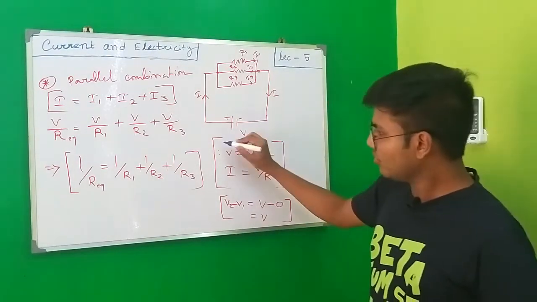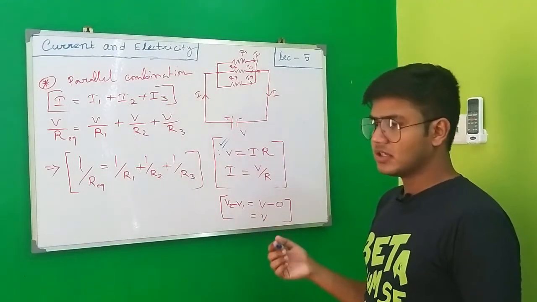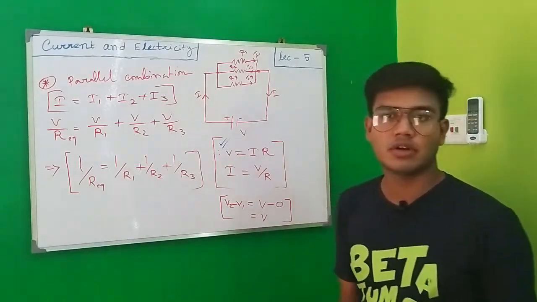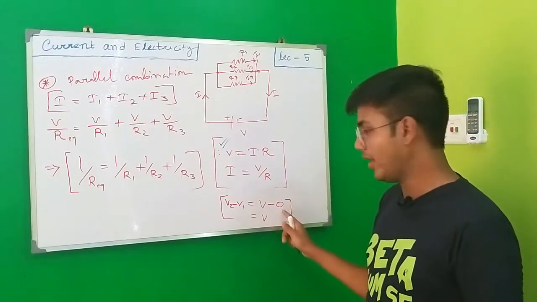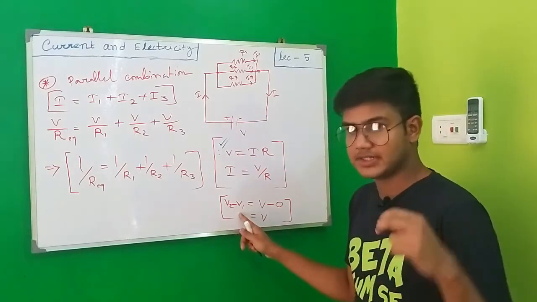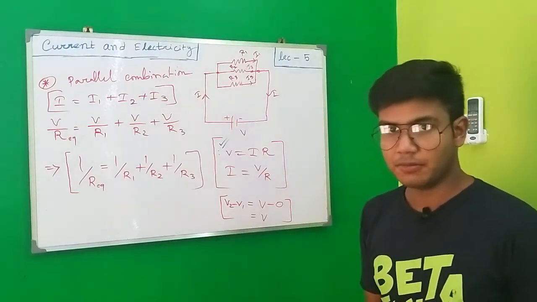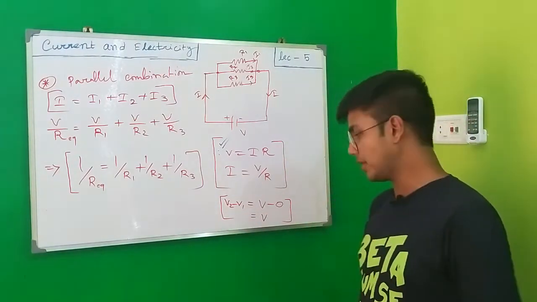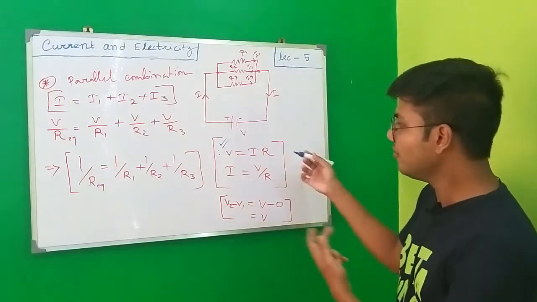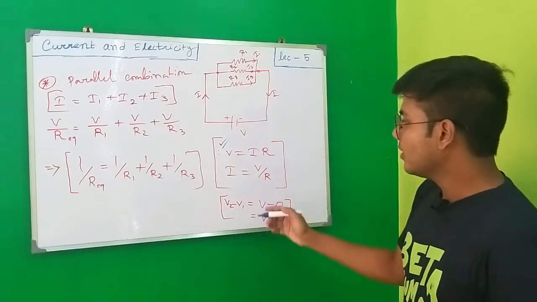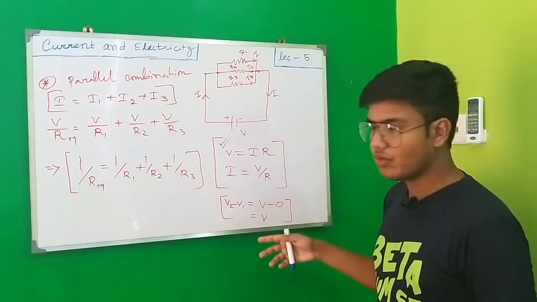So initially we just learned that according to Ohm's law, V equal to IR. Someone will say, sir, it will be V2 minus V1 equal to IR. I am taking the potential difference as V minus 0, where I am putting 0 instead of V1, that is the initial potential, and V instead of V2, that is the final potential. So the potential difference becomes V only. That is why I am putting V equal to IR. Now my Ohm's formula becomes V equal to IR. So by rearranging that formula, I can write I equal to V by R. That is also true. Okay.